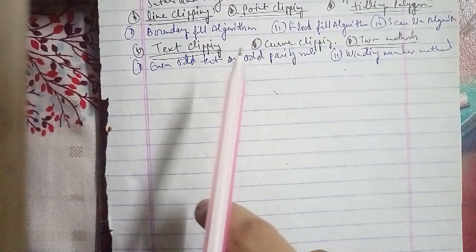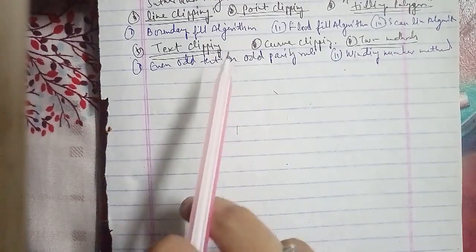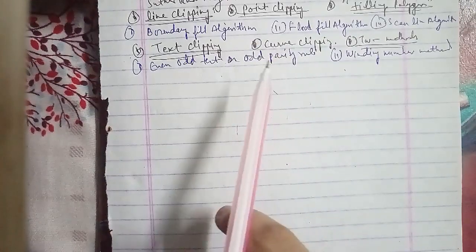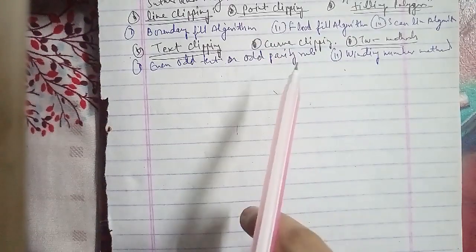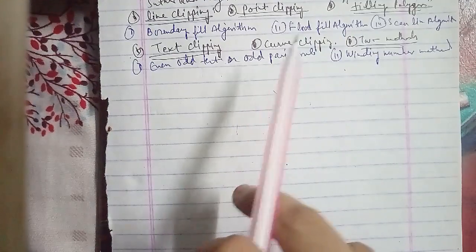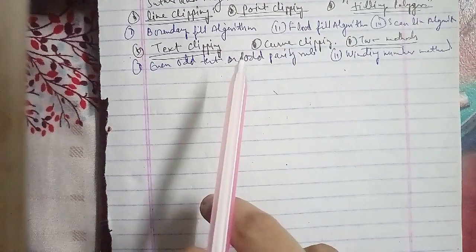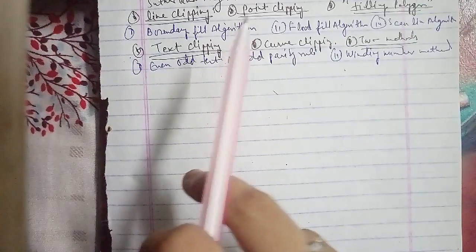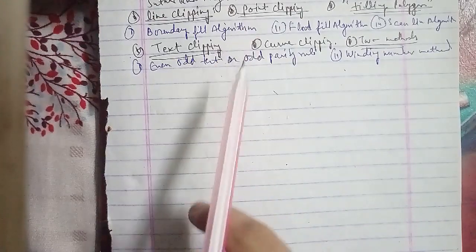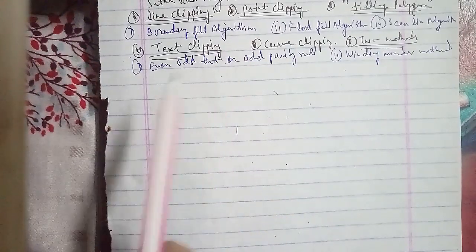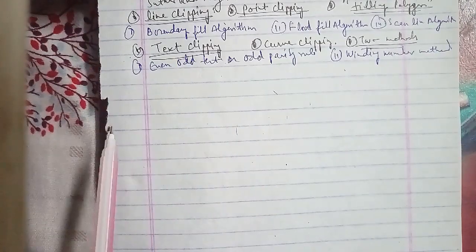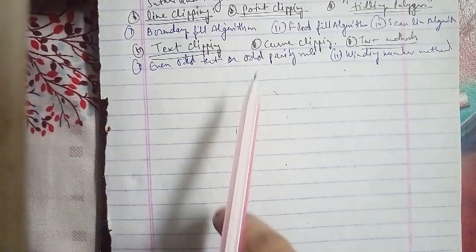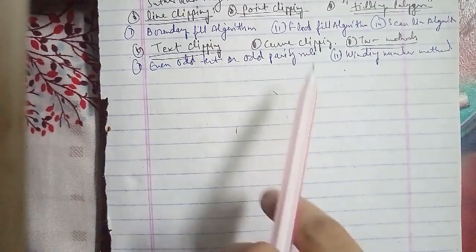The other question, in the Cohen-Sutherland line clipping algorithm, if the bitwise logical AND of the region codes is not 0000, then the line is dash. In the Cohen-Sutherland line clipping algorithm, if the bitwise logical AND of the region codes is not 0000, then the line is not visible. The answer is not visible. The other question is, what is the code that is used in the Cohen-Sutherland algorithm? The code used in the Cohen-Sutherland algorithm is the region code here.